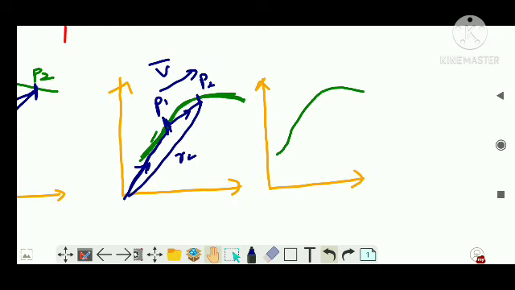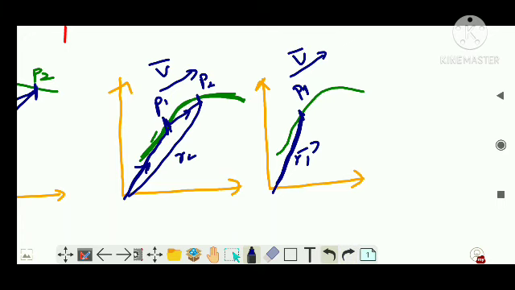Again, what is the definition of instantaneous velocity? It is the average velocity itself when the time duration is very, very close to 0. So I have to take the average velocity itself, just the time duration has to be changed. Now again the position is P1. Now P2 is so close that I cannot even mark it in the graph. So this R1 is the position, and R2 will also be along the same line. Now for P1 to P2, if I draw a delta R, it will be in this direction, and similarly average velocity is in the same direction. So this is the direction of average velocity.